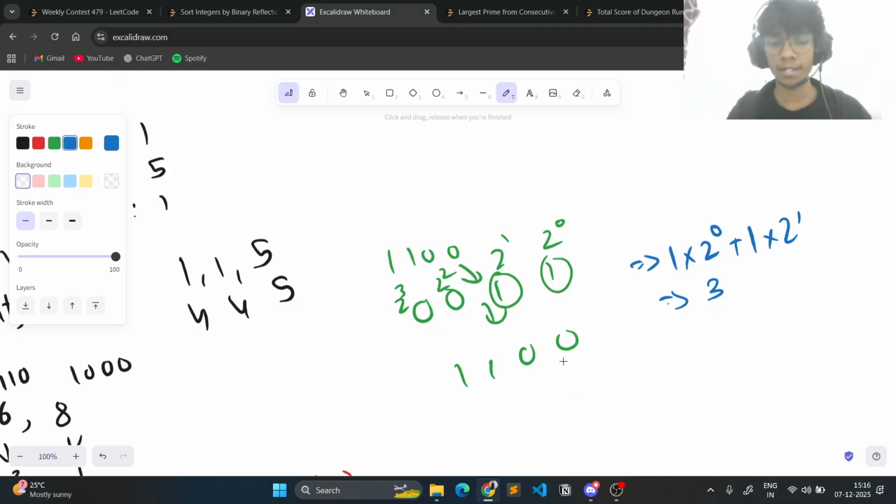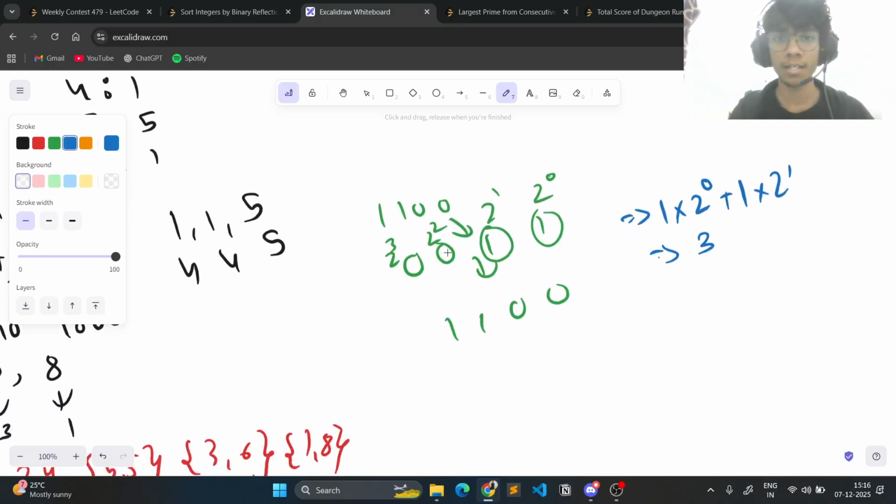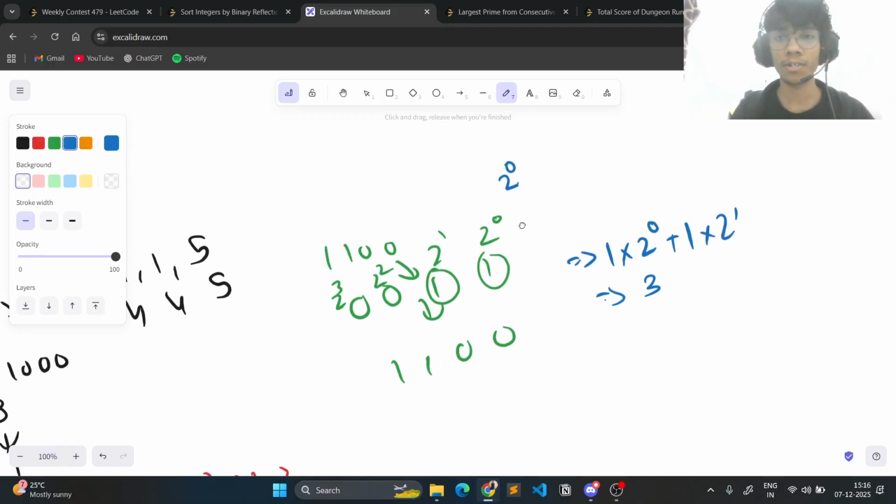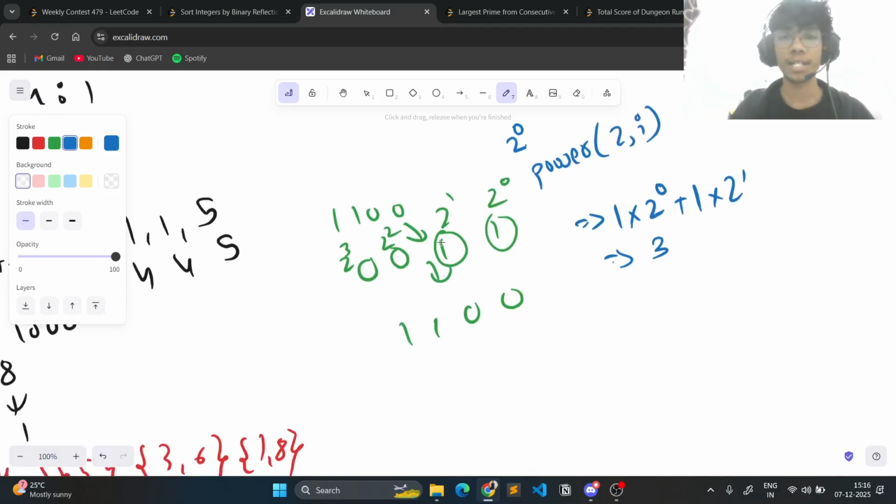So this is basically it. I'm saying that this will actually contribute 2 to the 0, or let's say 1 left shifted by 0 positions. This one would be shifted by 1, because this is 2 raised to 1, right? We can write that if 2 is raised to the 0, you could also use the power function, where you raise 2 to the power i. And that is why we are reversing